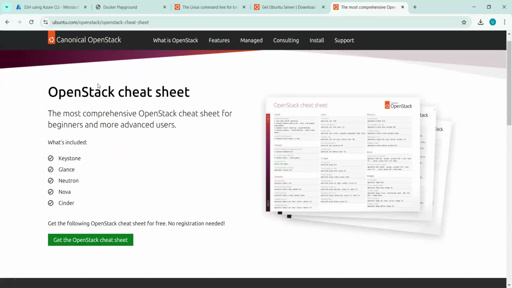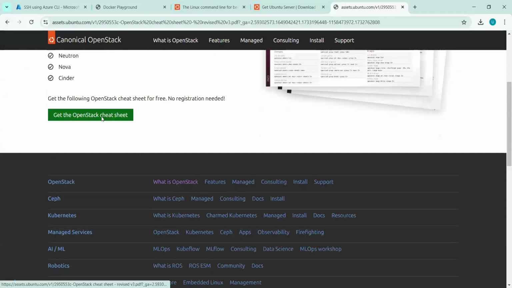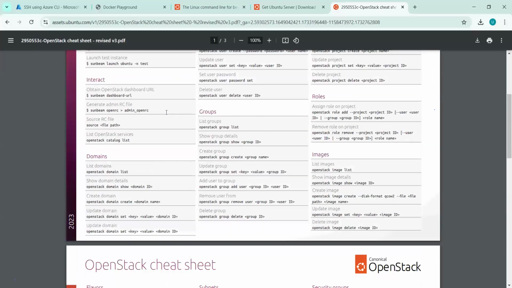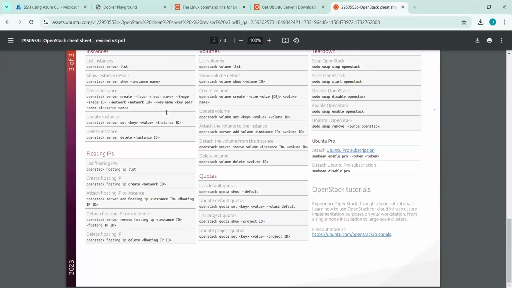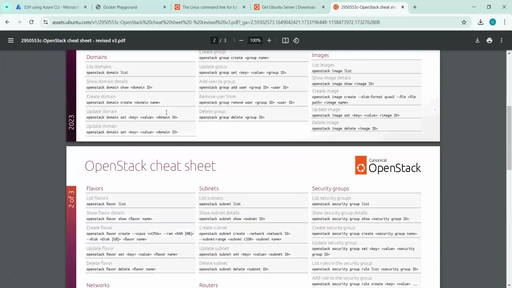So here you can see, go here, cheat sheet, and this is a cheat sheet which you can download where all the commands are available.